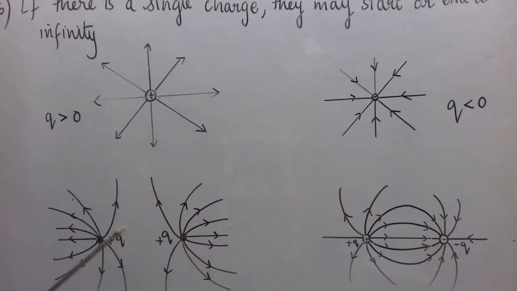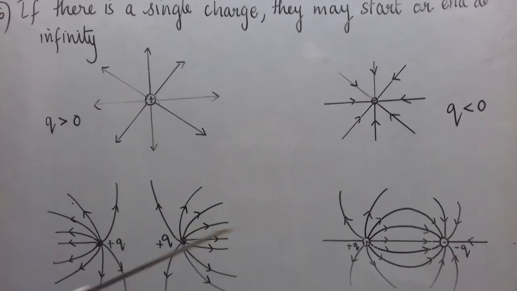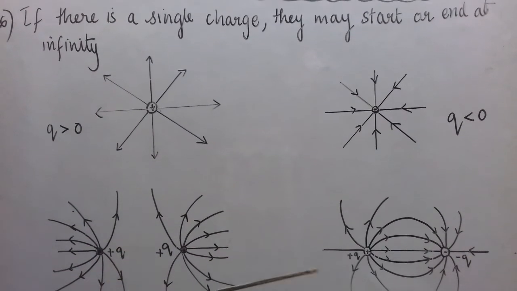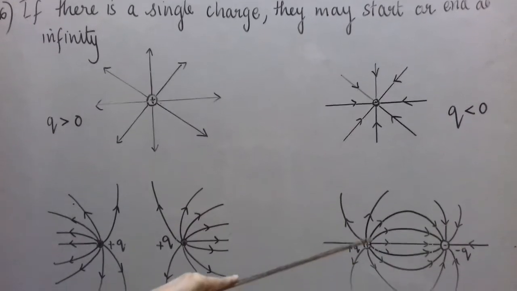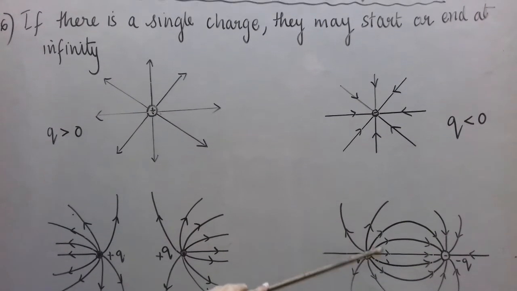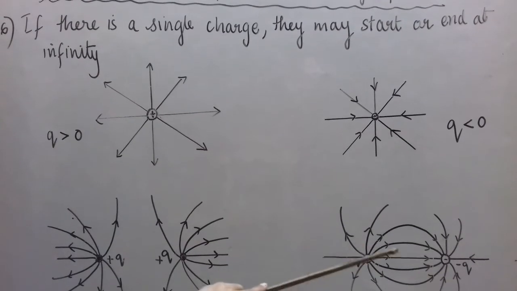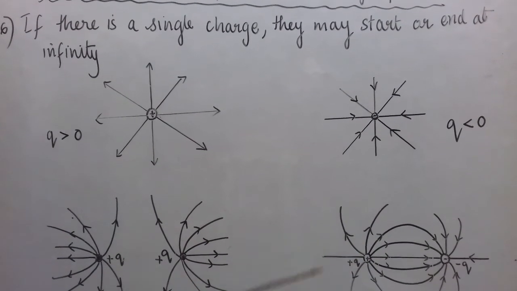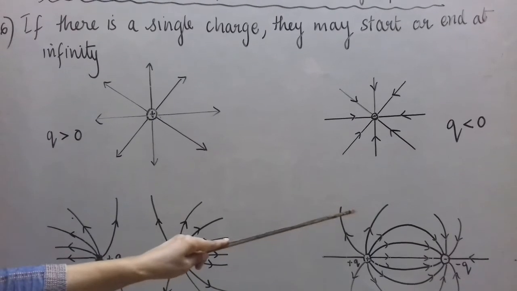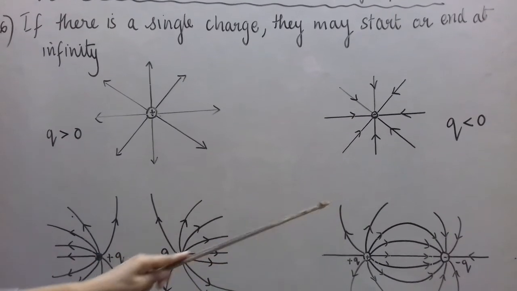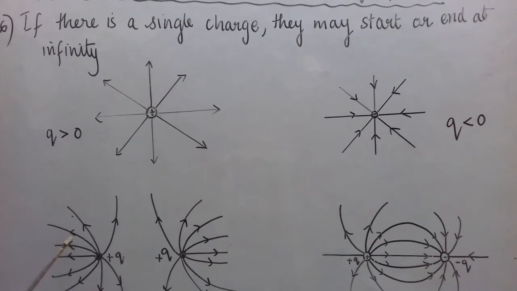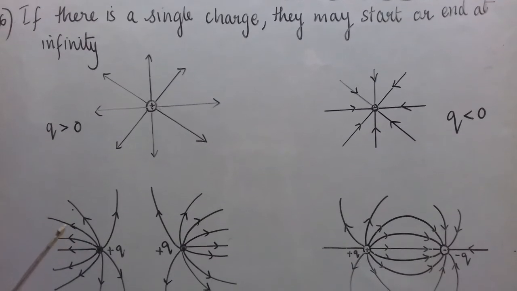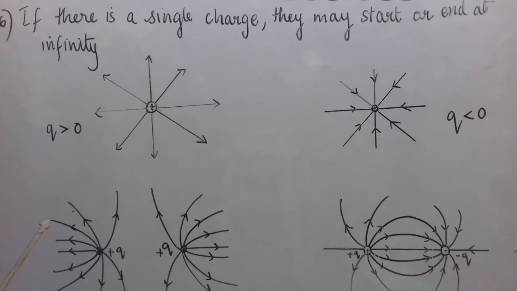In this case, the field is very weak between the two charges. In fact, no field is shown here, and the field is very strong close to the charges. Similarly, on the other side, close to the negative charge, the field is very strong. As we move away, the spacing increases and so the field becomes weaker. So from the diagram of electric field lines, you should be able to guess in which region the electric field is weaker and in which region it is stronger.